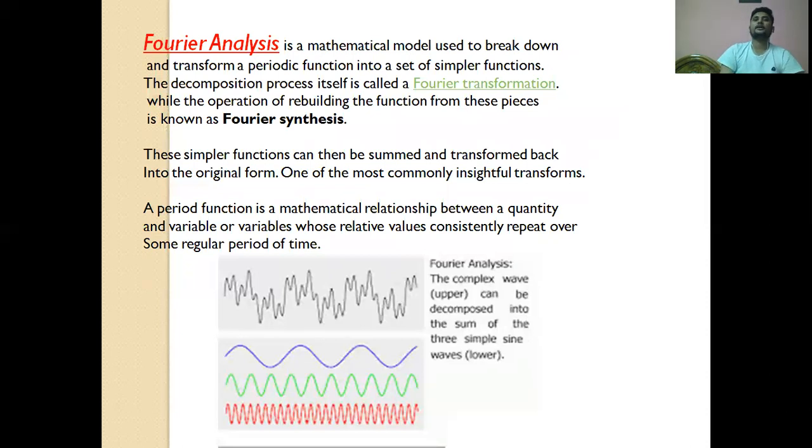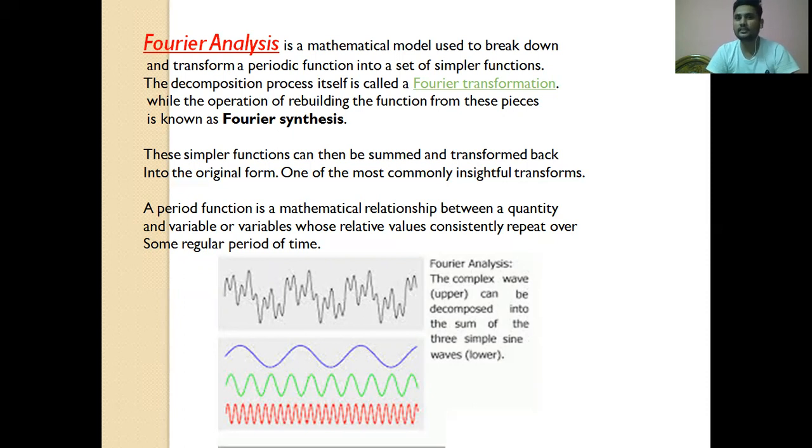And finally, the Fourier analysis. So in the physical layer, the theoretical approach, the first one is Fourier analysis. How can we analyze how the data has to be transmitted in the physical layer and what happens there? That is Fourier analysis. It is a mathematical model. The Fourier analysis is one of the important concepts here in the physical layer.